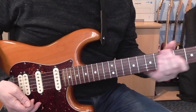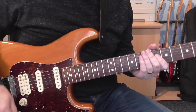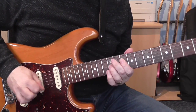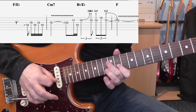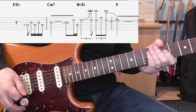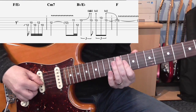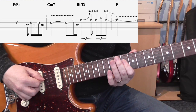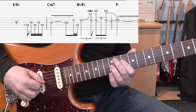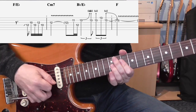So, it picks up, this is at about the 3:50 mark. And we start off with this. Let's just take that much. So, on the D string, we slide 12, then 10G, 10D, 12G, 10D, 12 on the G with a bit of vibrato,